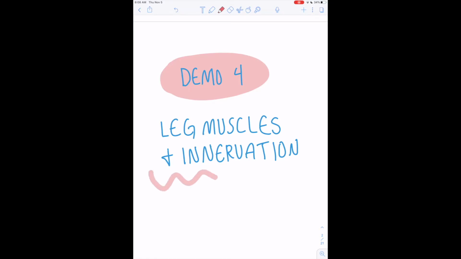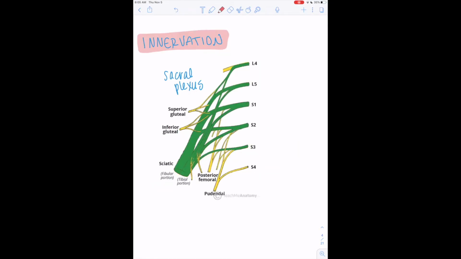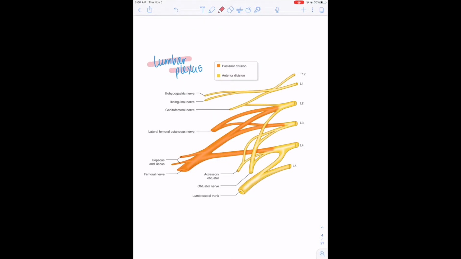Demo for leg muscles and innervation. Innervation of the leg comes from the sacral and lumbar plexuses. The sciatic nerve arises from the sacral plexus. It's mixed and it comes from the roots L4 to S3. Lumbar plexus gives rise to two important branches for the leg, the femoral nerve and the obturator nerve, both from